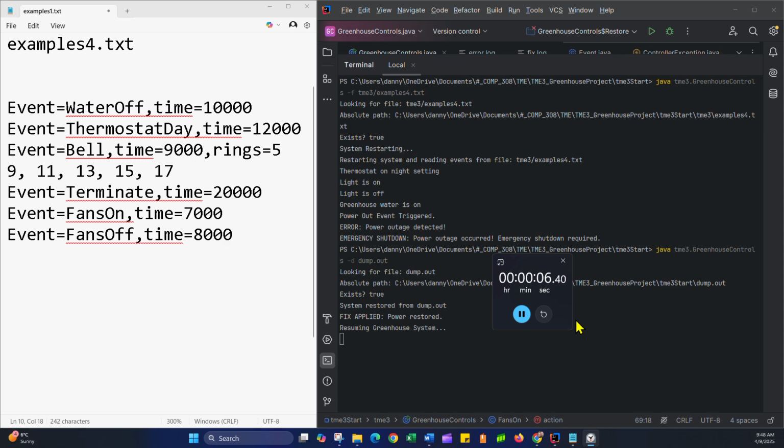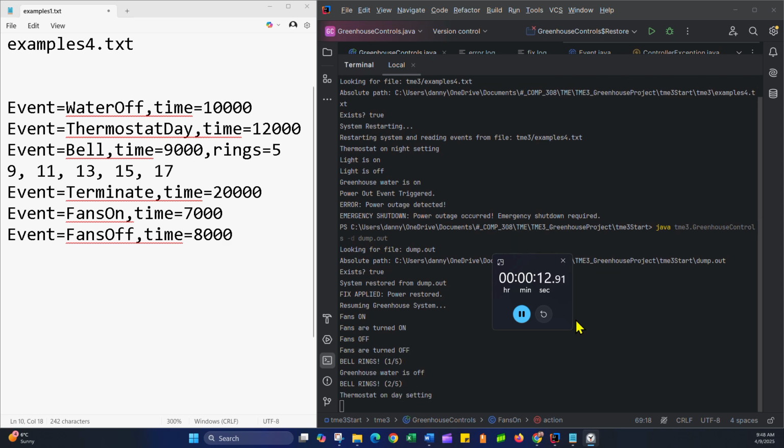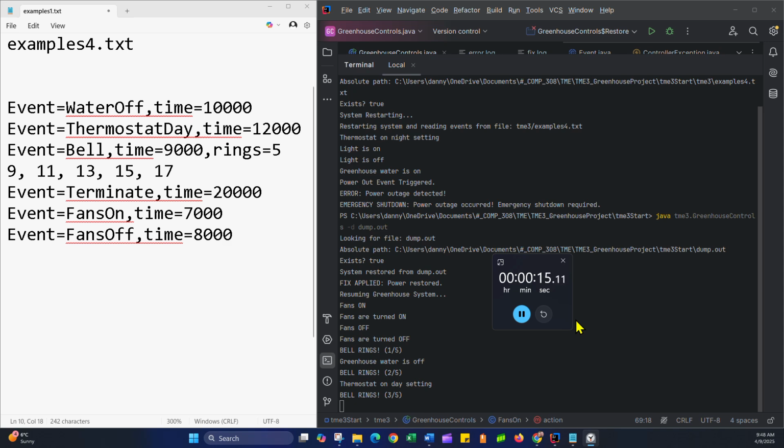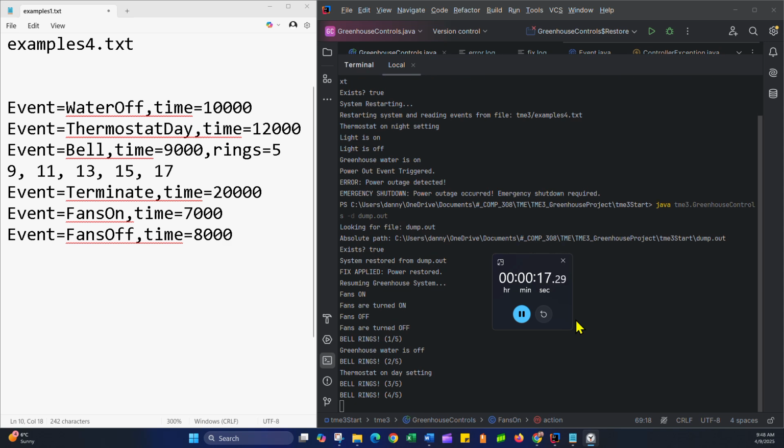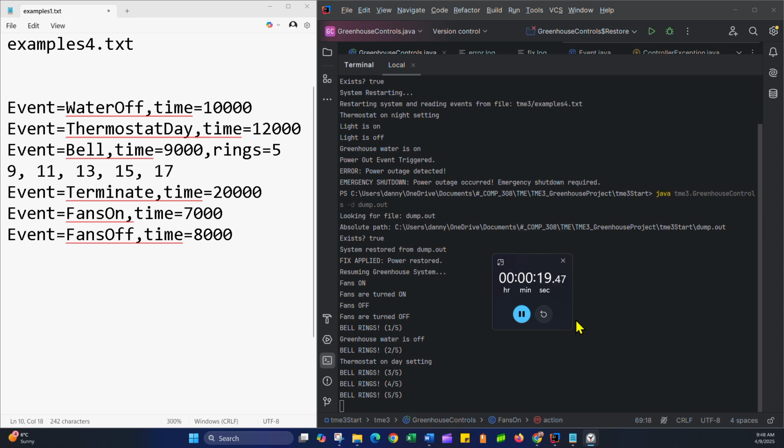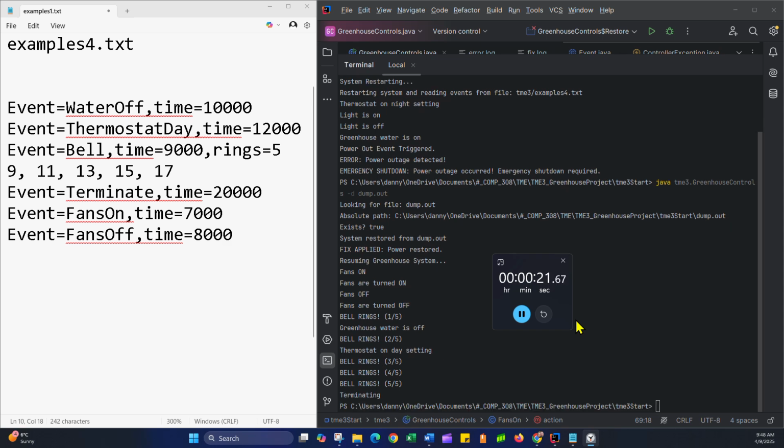Should be about 7 seconds. 7, 8, and terminate about now. Okay, so as you can see, after the fix was applied, we had fan on, fan off, the first bell ring, water off, the second bell ring, thermostat day, all the other rings, and terminate. Well, that's exactly what we thought. Fan on, fan off, 7 seconds,